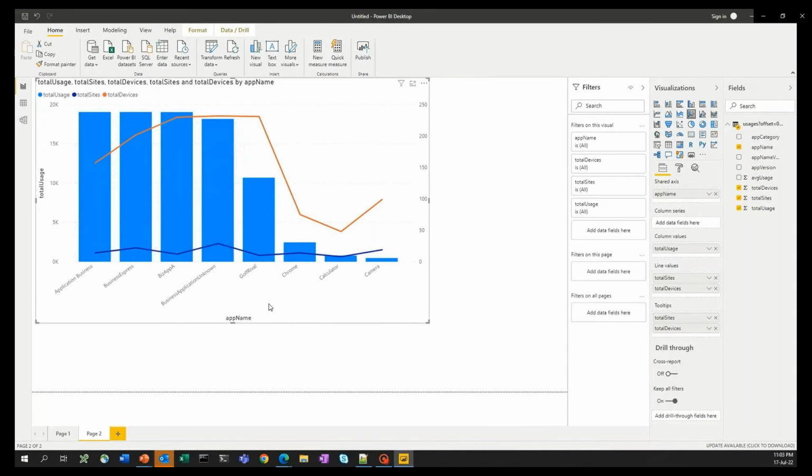One interesting thing we can see from this graph is that there's something coming up as golf rival, and it's probably a game. If we hover over the tooltip, we can see that it has around 10,000 minutes of usage across 10 sites, and it is seen on 231 devices, which could be an indicator that this is something not expected, and this game might have been installed in multiple applications, and people are really using